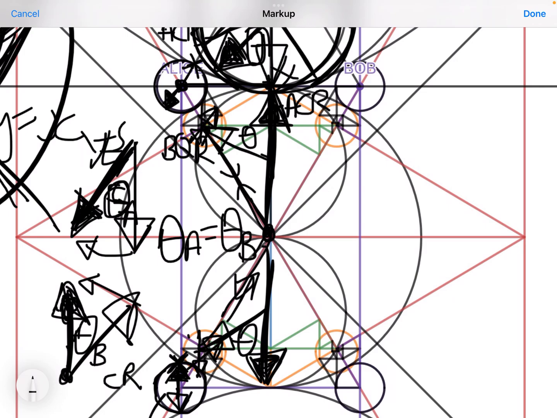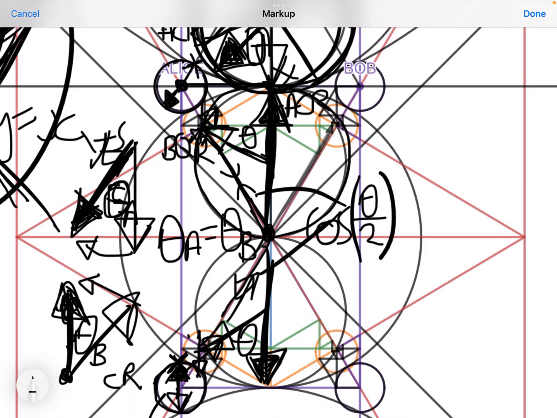Well, because it's spin half particles, we actually want these angles in here, and by geometry you find that these angles are half the spin half angles. That's just basic geometry, which is a fact. So then what you do is you take the cosine of these angles, and because you've got a right angle here, the cosine is actually that one, and then you just square it, and that gives you, and I'm going to draw it in, this length here. So this is the probability of Alice's particle collapsing, and the relativistic slide rule says that that's L,